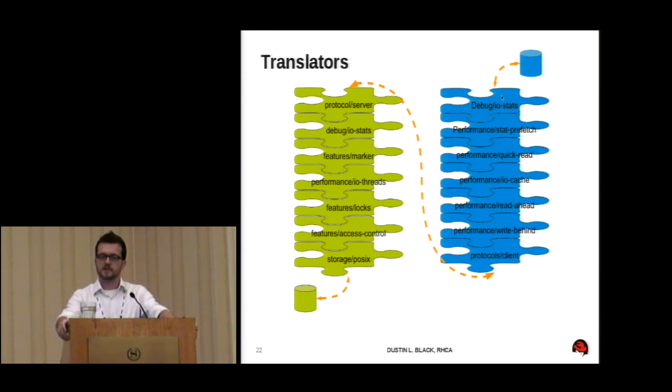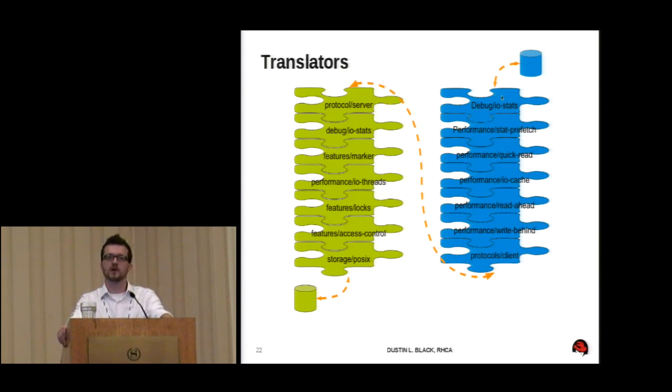So taking a look at translators, this is just to show you that pluggable and stackable capability that we see with the logic of the translators. There's going to be a stack of translators always on the server side and on the client side, and every transaction is going to be running through that stack of translators. This is just a simple example here that shows a fairly default scenario where the logic is passing through the client side and the server side and the communication. And you can see a typical stack of translators for this.